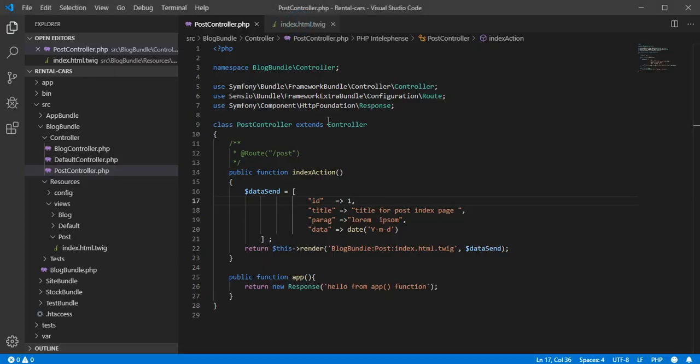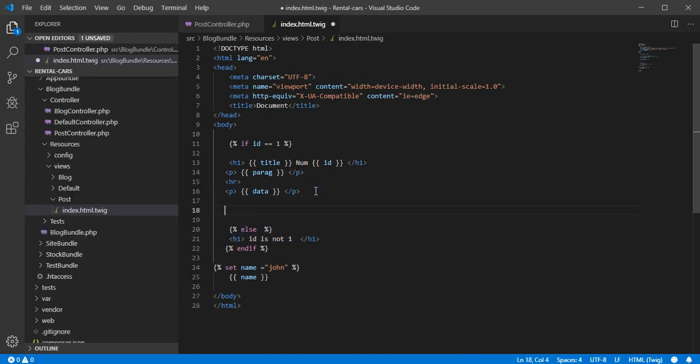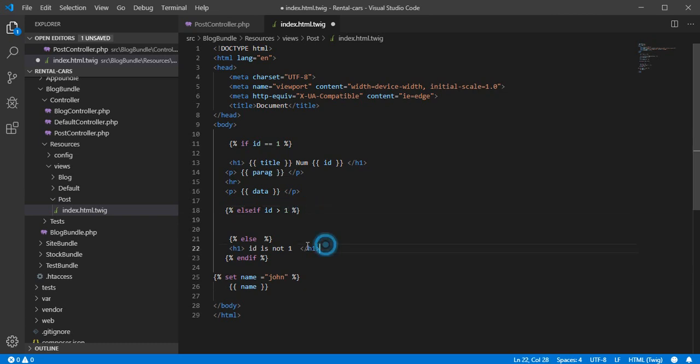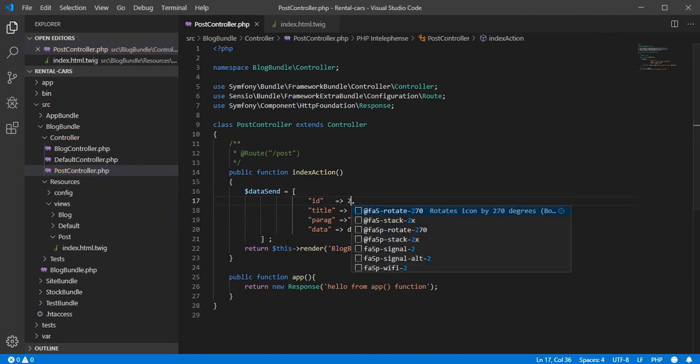So go back to our twig, and here before the else, let's make an else if. For example, id is bigger than 1, so just copy and paste that. And here name also, id is bigger than 1. So if we change the id to 2, save, go back,